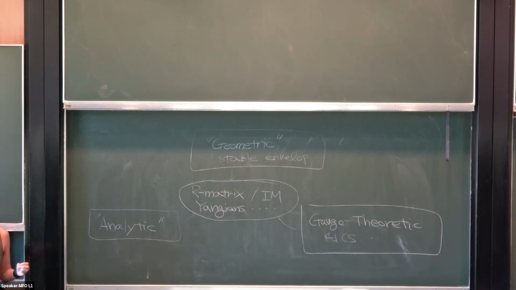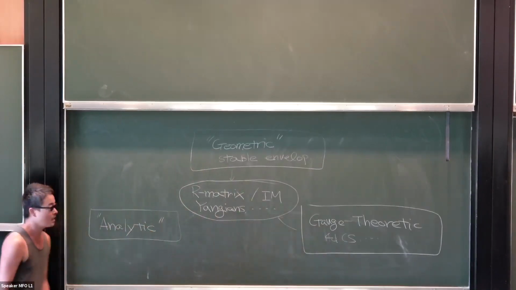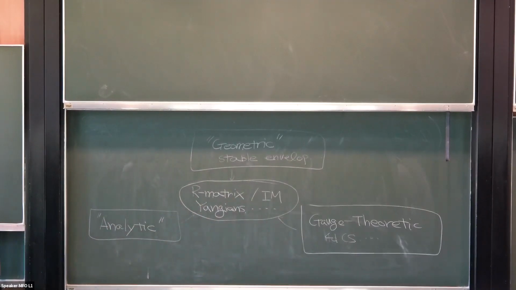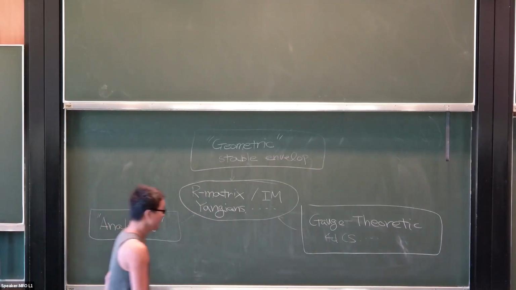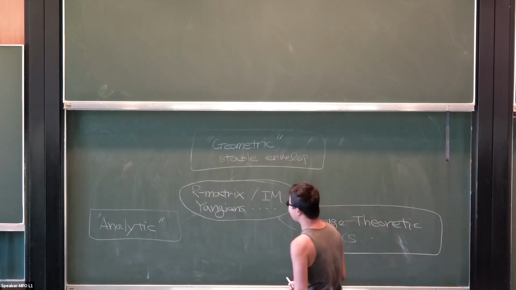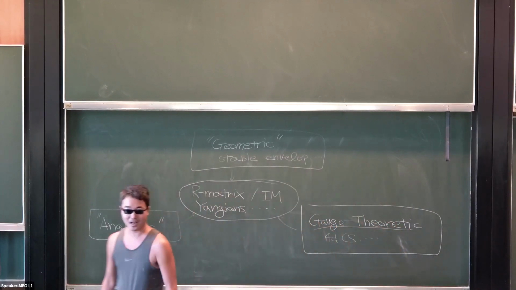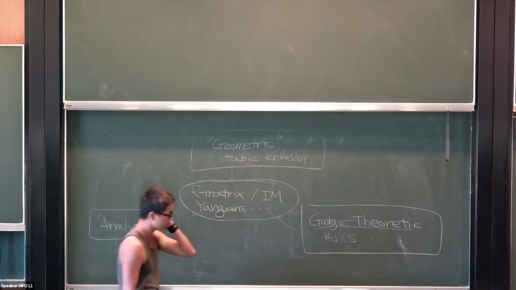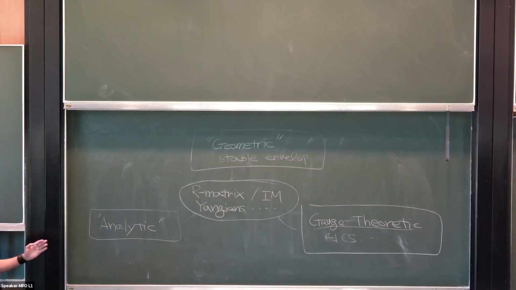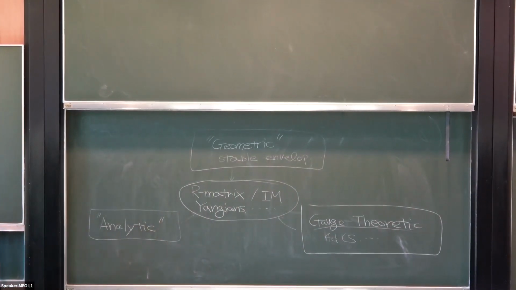For example, suppose that you work on one of them, and you have some other things you want to know about the others. Then you should ask the experts. You can try to understand the relations between different approaches: something is known here, what about here, and things like that. That's what we might hope to achieve, at least one of the things we might hope to achieve this week. So please have that in mind. For me, I myself have been working on the gauge theoretic side for the moment, but I'm also working a little bit on some aspects of this geometric approach. And this analytic approach is less obvious to me, so I'd be very eager to learn.